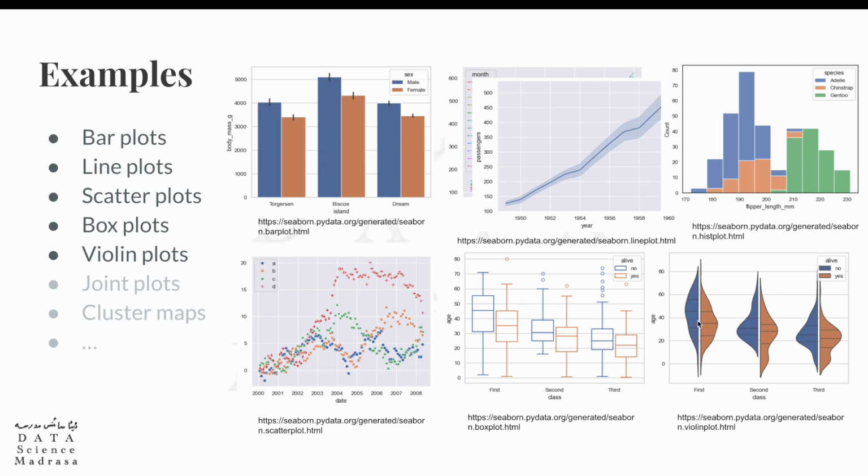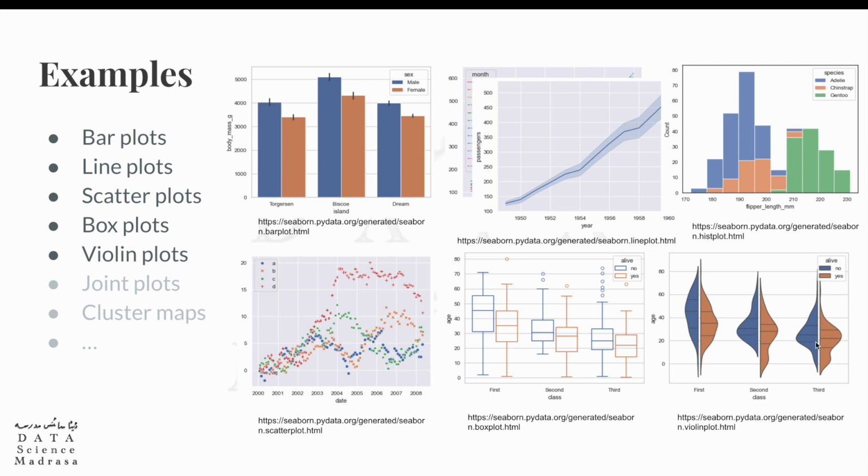So the distributions are slightly changed in the way they are illustrated, but you have the same thing in this case. Those who were alive are brown as well, and those who didn't make out alive are shown in blue. First, second and third class, and age on the y-axis. We can see the same data illustrated in a different manner, which actually allows us to appreciate the distributions a bit more clearly, because in this